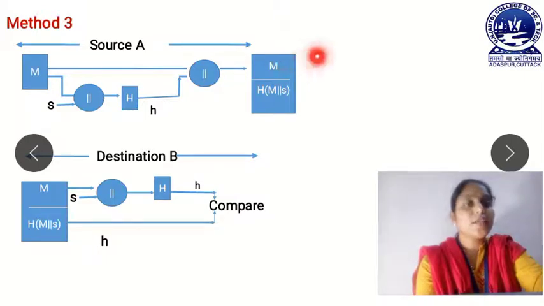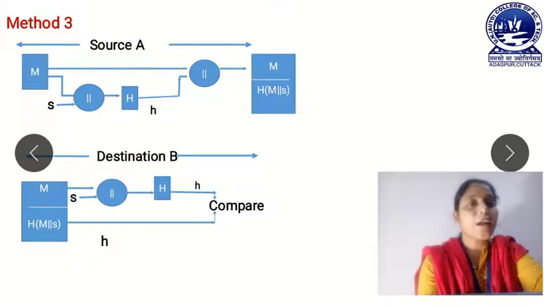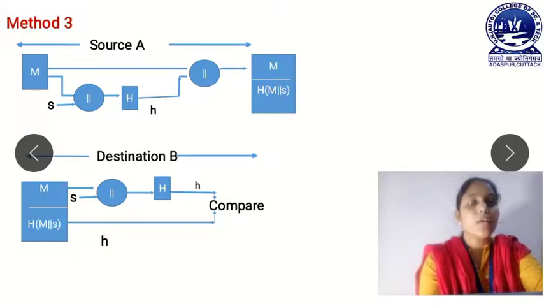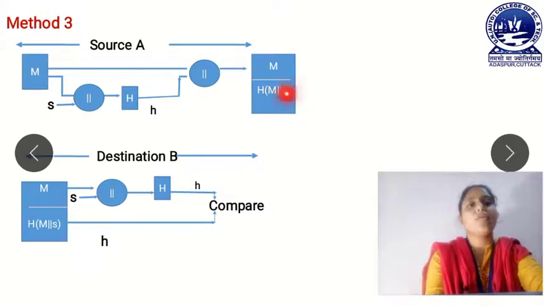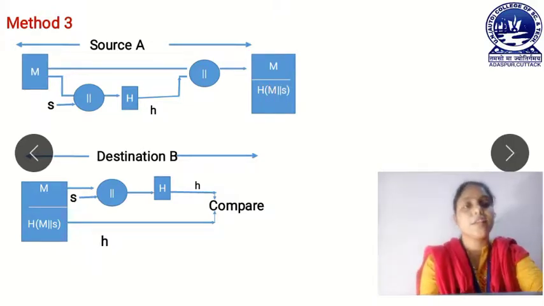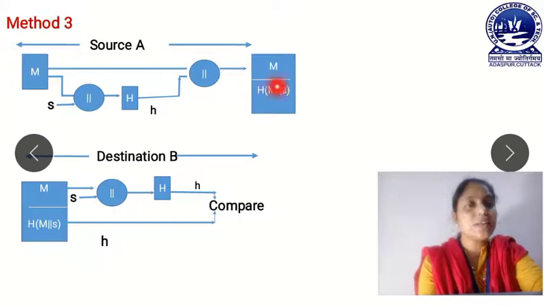Suppose the attacker changes this message, then the attacker may want to change this hash value. If the attacker wants to change this hash value, then the attacker must know the secret value, that is the S. But this S is only known to the source A and the destination B. That means in this case the attacker can only change this message, and cannot change this hash. Suppose the attacker changes this message M to M1, appends this hash value and sends it to the